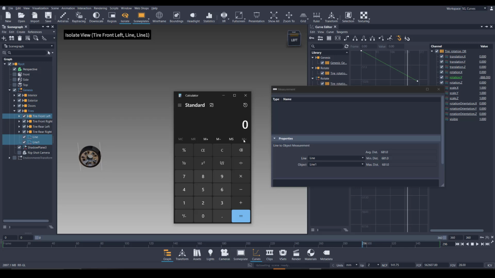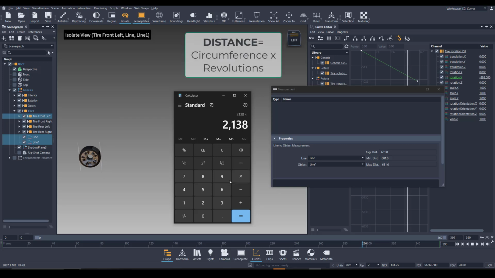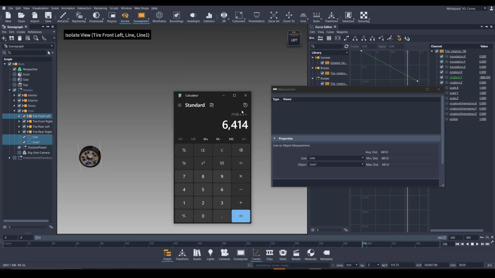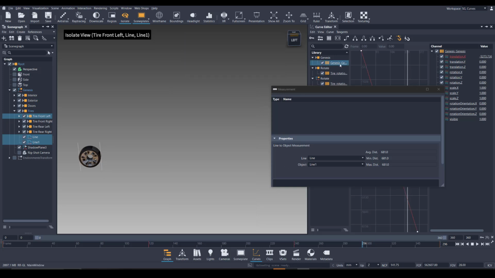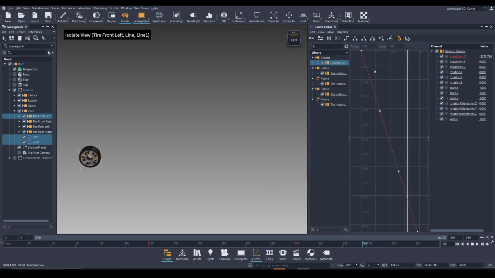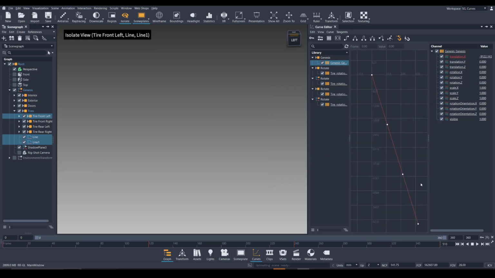So now that I have these 2 bits of information, I just need to take the circumference, which was 2138, and multiply that by the number of times the wheel spins around, which is 3. So I get 6414. So this should be the distance that my Genesis drives forward. So looking at my last keyframe, I did preset it to the correct distance. And to check it, we can go back